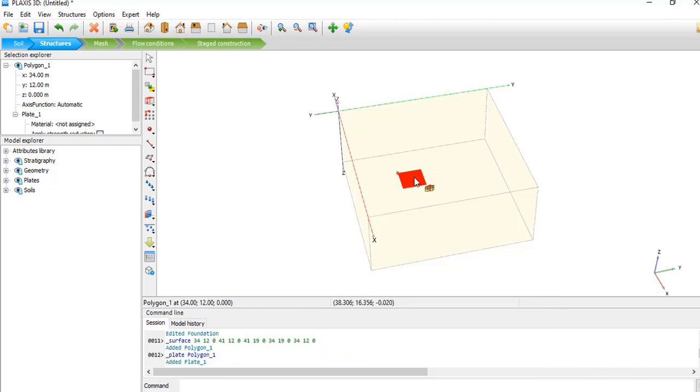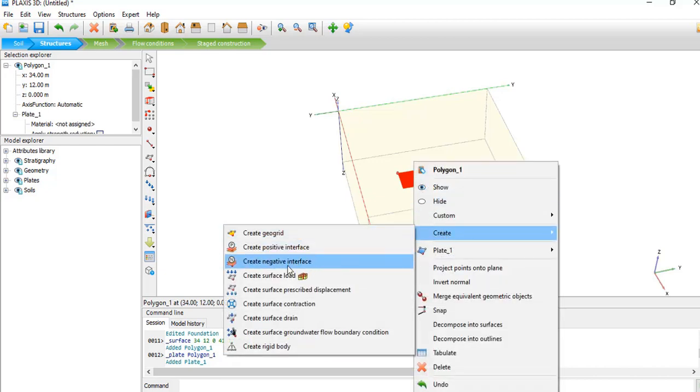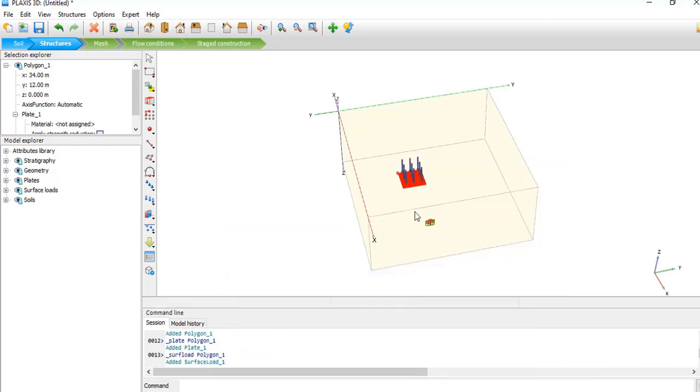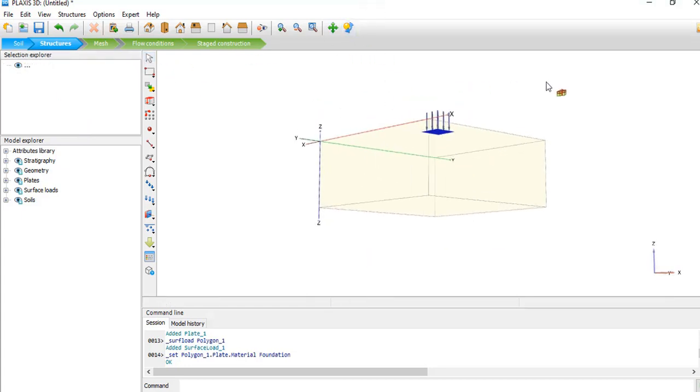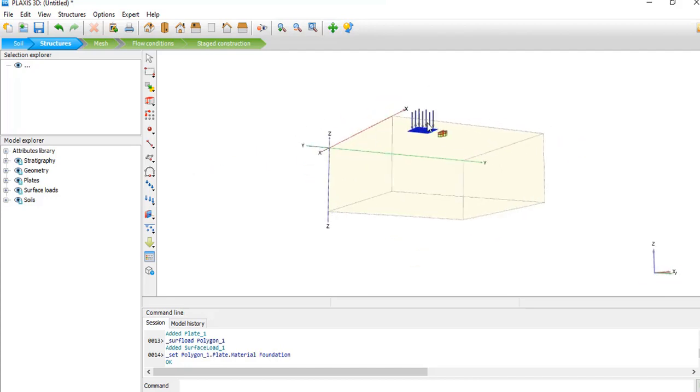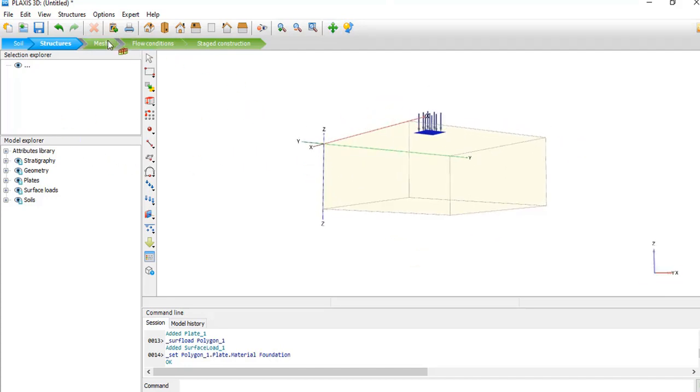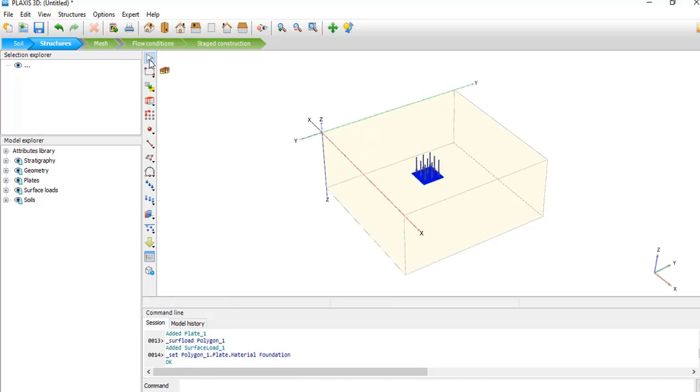plate, and create surface load. We assign on it material. We will make it foundation. Okay, we will just enter our